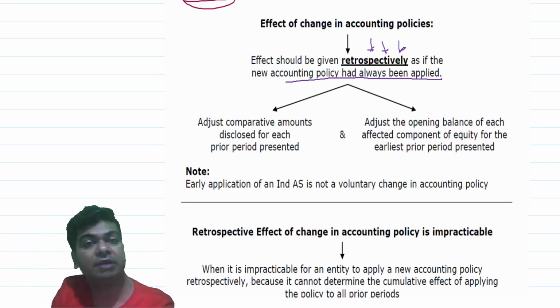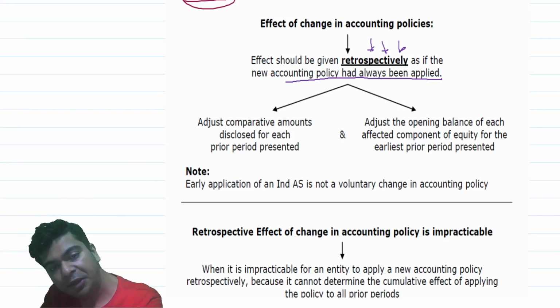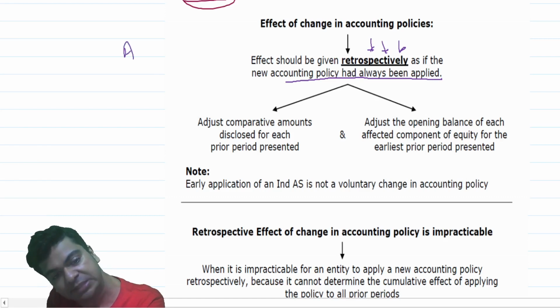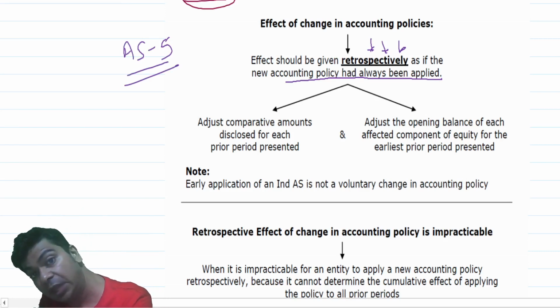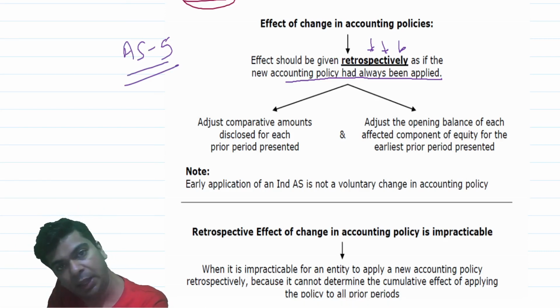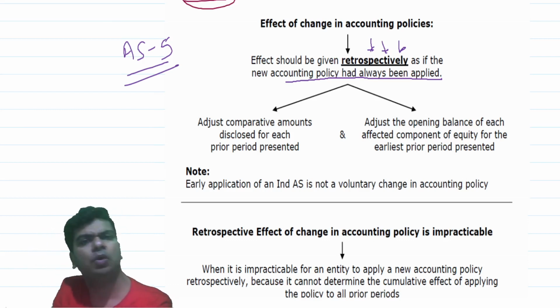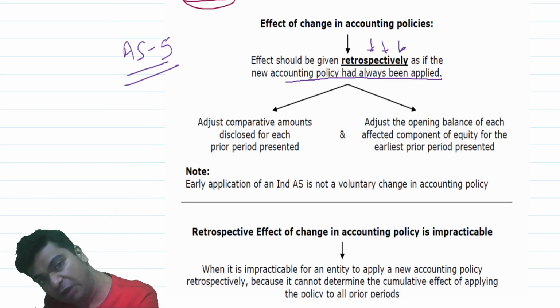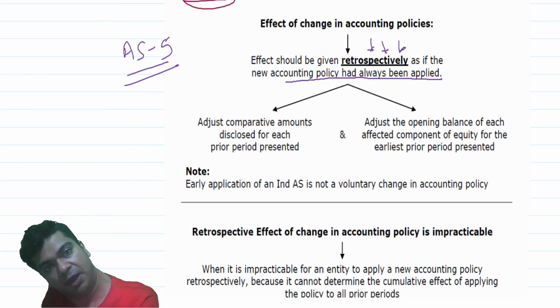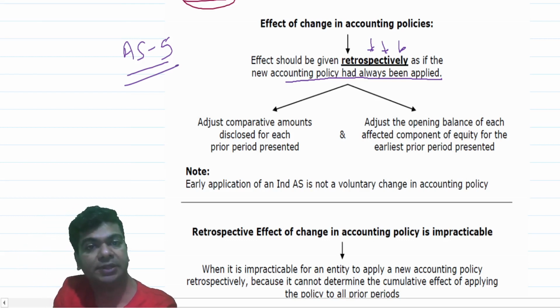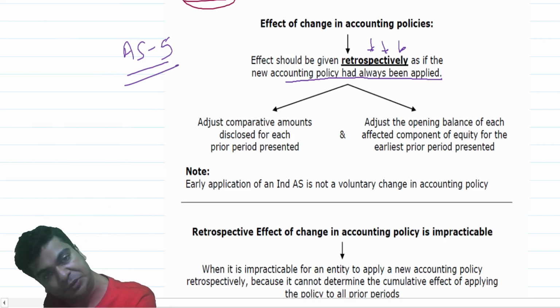because what we are going to discuss now is something that we have not done in India. We have been following Accounting Standard 5. I told you earlier also, Accounting Standard 5 also deals with change in accounting policy. When I say that change in accounting policy's effect will be given retrospectively, you will not be surprised. If you are aware about Accounting Standard 5, the same stand is taken also by Accounting Standard 5. AS5 also says that whenever you are changing an accounting policy, its effect should be given retrospectively.